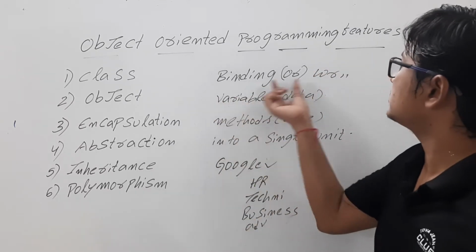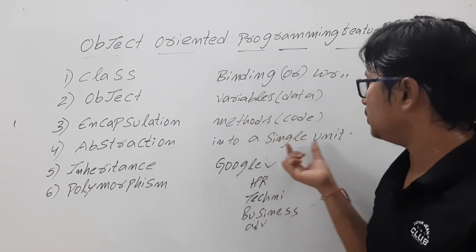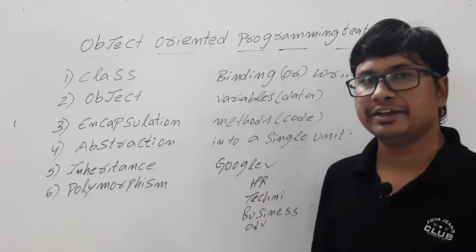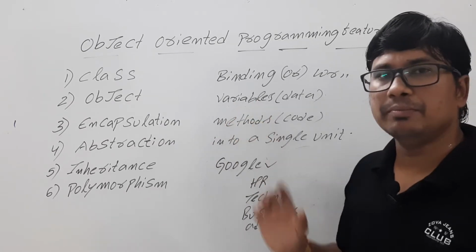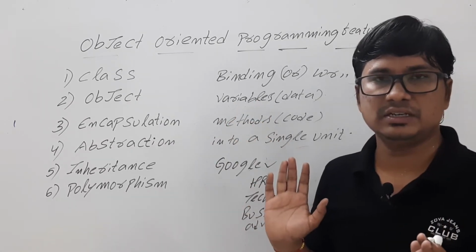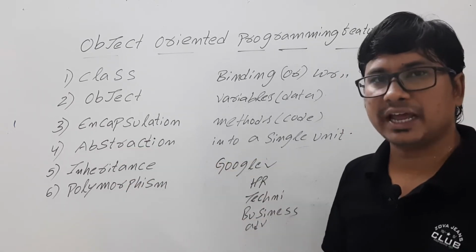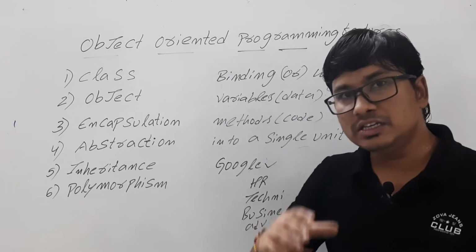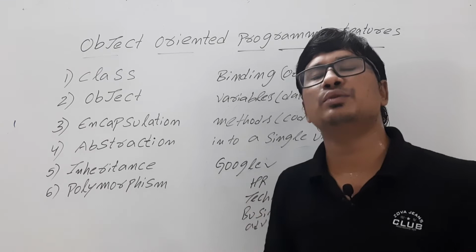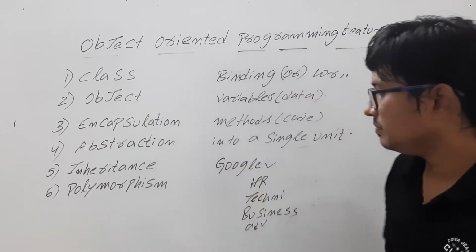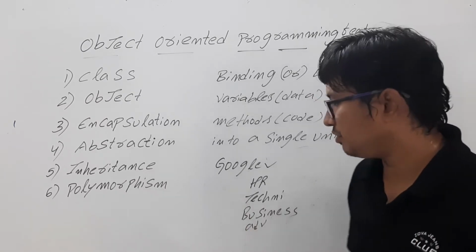So encapsulation is binding or wrapping variables and methods into a single unit. So the class will wrap the variables and methods into a single unit. Is it clear? So that you will have the security. Now coming to abstraction. Abstraction is providing the essential information and hiding the background information. Now look here. What is meant by providing the essential or required information and hiding the background information is,